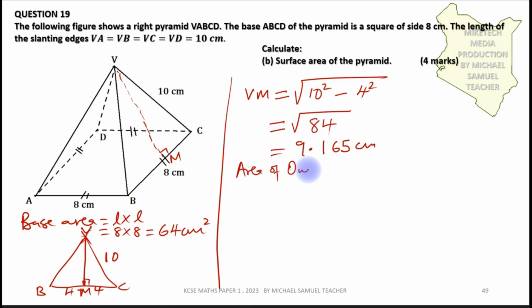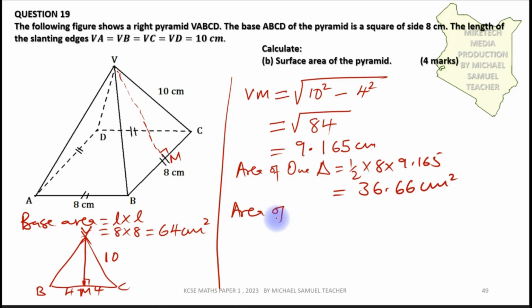of one triangle will be a half base times height. Base is 8, then times height is 9.165. So we end up getting a half times 8 times 9.165, we get 36.66 centimeters squared. So the area of 4 faces, 4 triangles, will be 36.66 times 4, which is